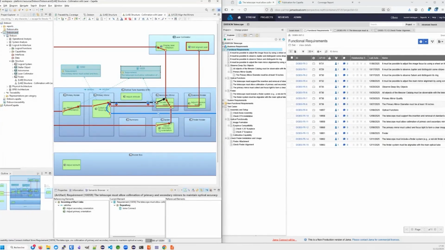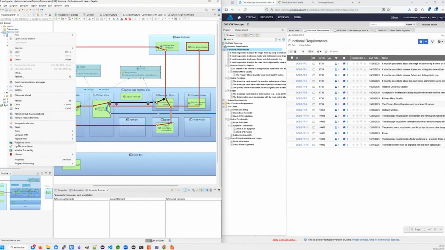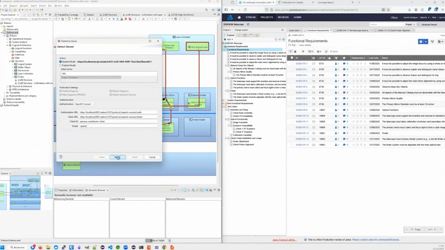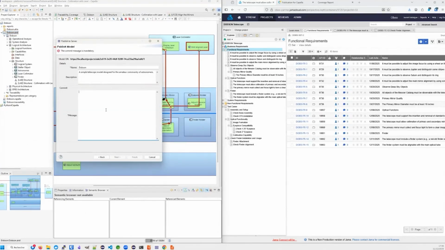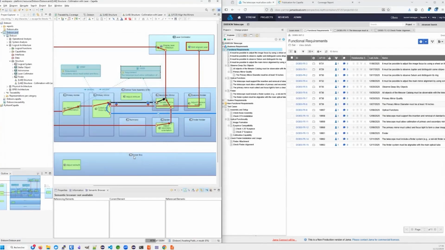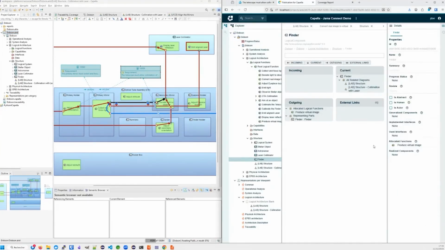Now, this is for now only available in the Capella model. What would be great is that it would become available online, both in publication for Capella and in Jama. And of course, that's exactly what we do. So whenever we publish our model, I will republish it. And just here, I want to add a few links for the demonstration. My model gets published. You will see that in publication for Capella, the objects will be updated.